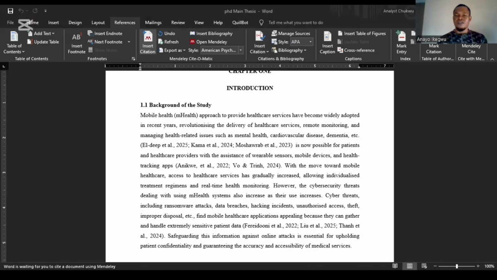So once that is done, the next thing you can do is click on the work you want to cite. Maybe this is the work I want to cite. You see, it will just pick it. You can add 2 or 3 citations. Maybe then I want to type, let's say,